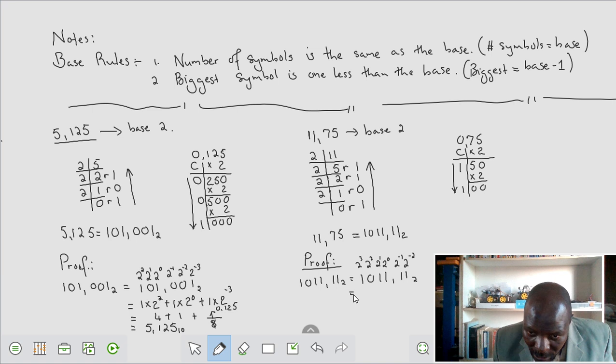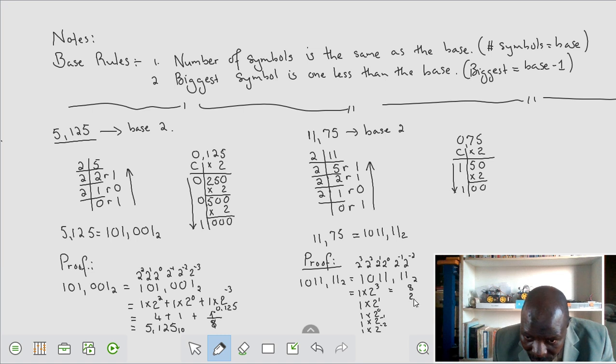We know we have 1 times 2 to the power of 3. I don't do zeros. I know I've got 1 times 2 to the power of 1. You know we've got 1 times 2 to the power of 0. We know we've got, I think I'm running out of space here, 1 times 2 to the power of minus 1, and 1 times 2 to the minus 2. This will give me 8. This will give me